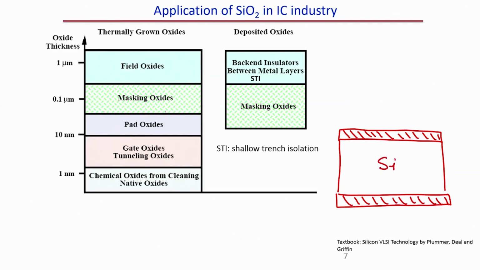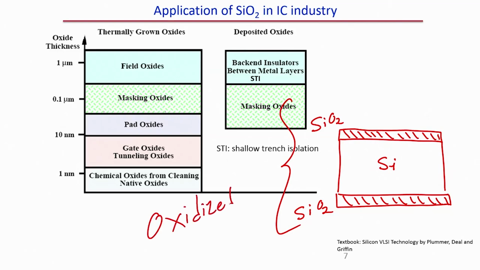This is silicon, this is SiO2. This particular wafer is called an oxidized silicon wafer. Okay. How can you grow this silicon dioxide? That is what we have to understand today, and this silicon dioxide is nothing but an insulator,